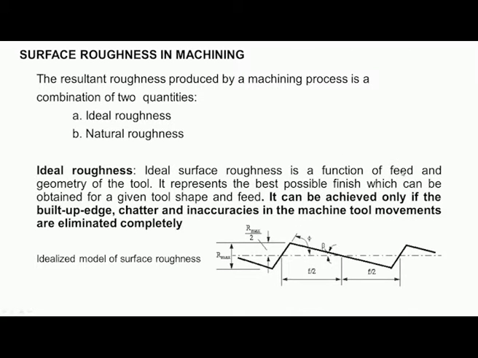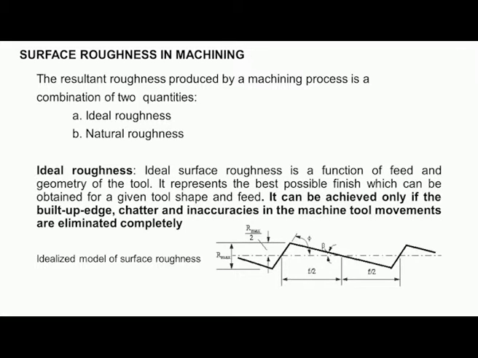When we use a very fine feed, we get a better finish. Also, when we have a sharp point, we get a good finish. It represents the best possible finish which can be obtained for a given tool shape and feed rate. It can be achieved only if the built up edge, chatter and the inaccuracies in the machine tool movements